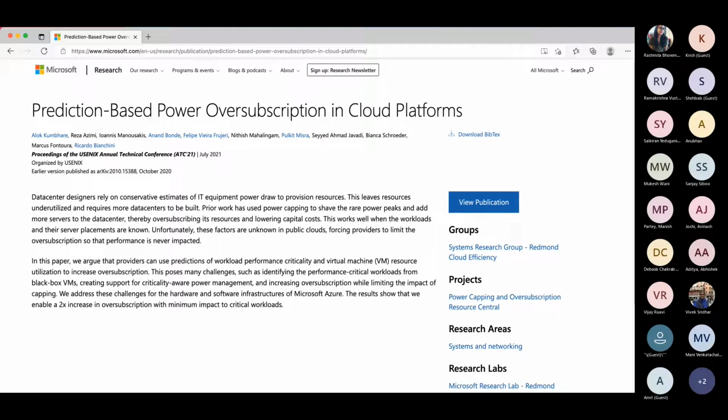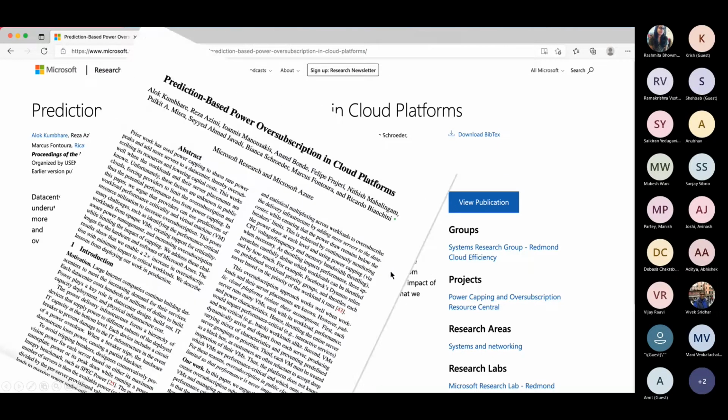But that's something which Microsoft Research has done some interesting research and learned that it was possible to determine whether a VM is running sort of user-facing or non-facing workloads by looking at the average load pattern for that particular virtual machine. This was published in the research, and if you are interested to learn more about that, you can refer to this. It will give you better insights into how we are identifying those user-facing and non-user-facing